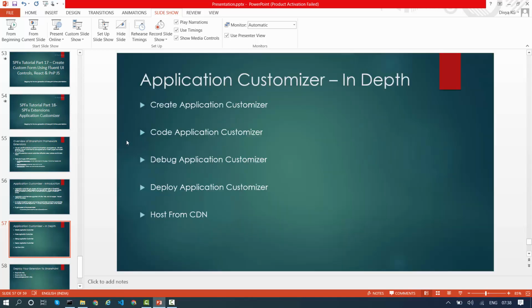So we have covered our first part, that is, create application customizer. This is how we can create our application customizer. Next we will see the code of the application customizer. We will go through whatever code comes by default with this application customizer, and we will try to understand that code. We will try to understand the solution structure also. Although I have already explained the solution structure of the SharePoint Framework web part in my existing video, more or less the solution structure will be the same. There will be a few changes, so I will cover that.